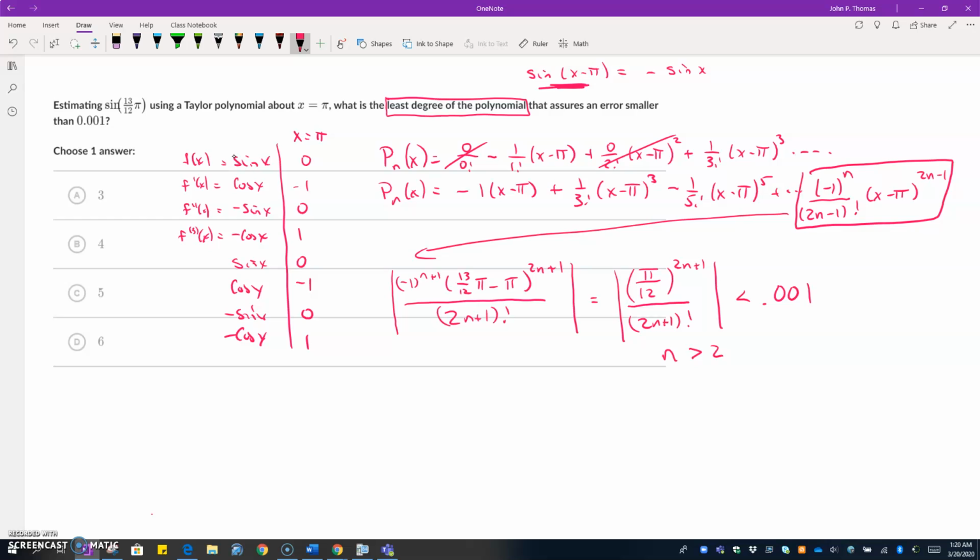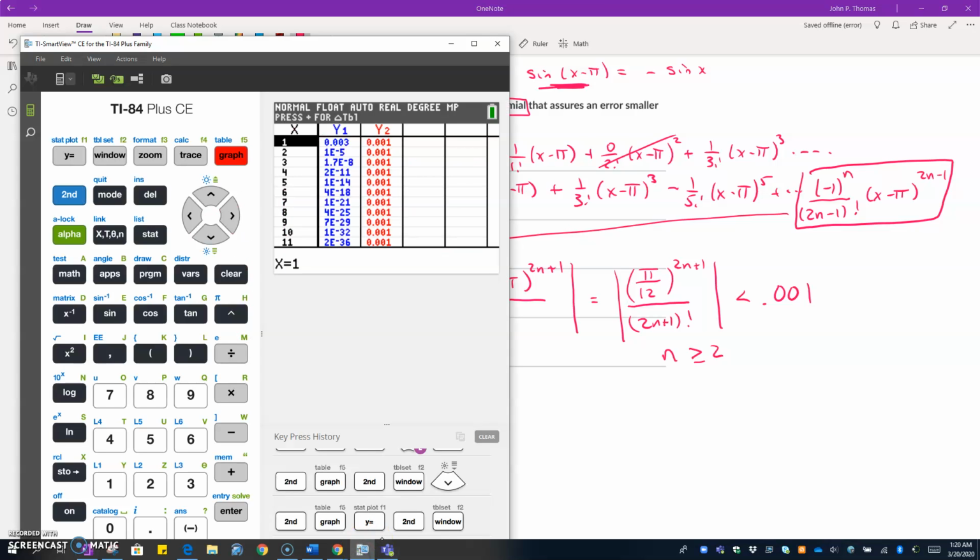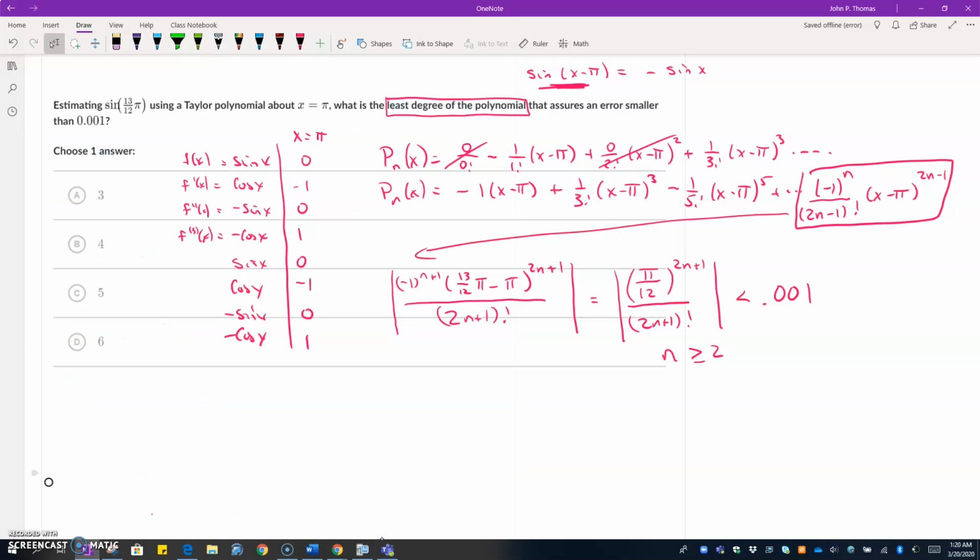If I have an n value greater than 2, that's going to give me the value that works for us. So I look over to my answers and I say, okay, when is n going to be greater than or technically equal to? Because if I jump back to the calculator, notice when I was at 2, I was already under that. So n has to be greater than or equal to 2. If I jump back to the 2, 2 represents the term number. So the second term